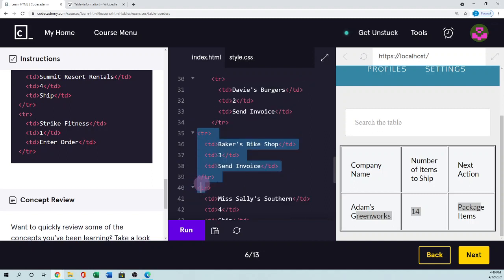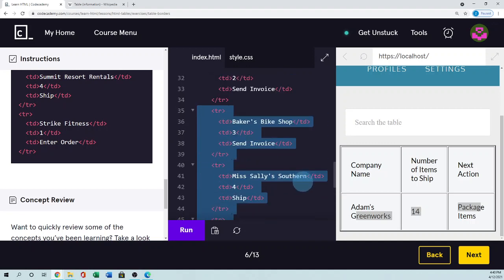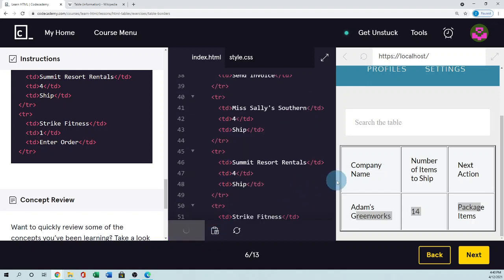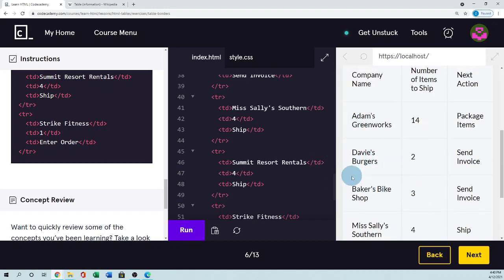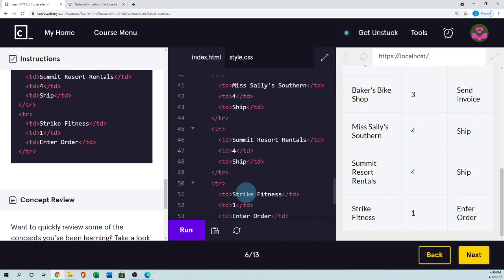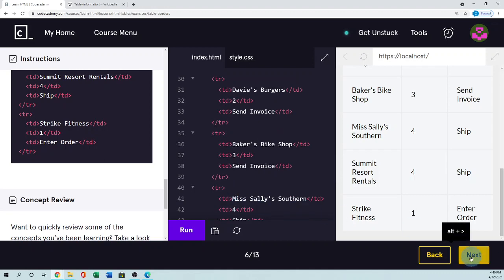Let me use the indentation so it looks good. Now it looks good. So when I run it, you can see the extra rows are added so that the table looks a little bigger. It's simply that each row has 3 table data cells of information. So next,